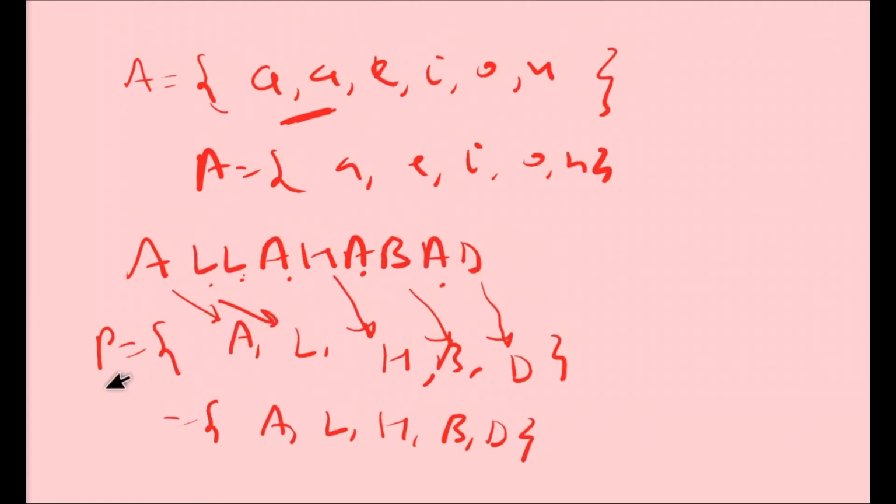Let the name of the set be P. We have to write one member only one time. We should not repeat A three times or L two times. We should not write them. Okay, so this way you have to write the set. You should not write the members in a repeating way. Okay, students, after getting this, now we will go to the next things.